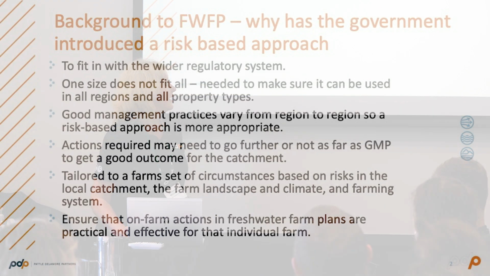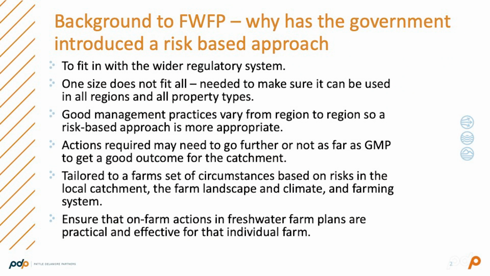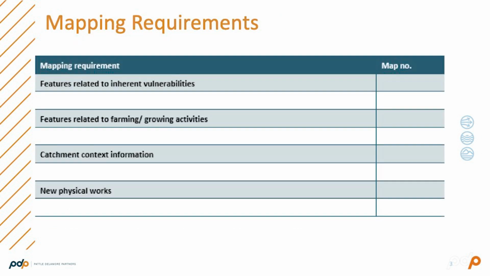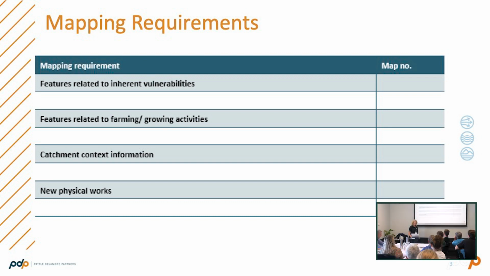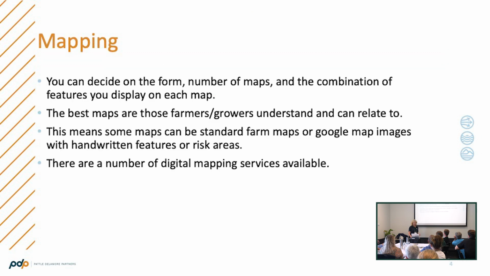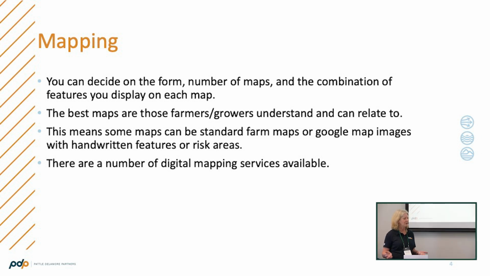What we're going to cover today is the differences between a freshwater farm plan and an FEP, and identifying risk through the mapping. The other key part of this is some of the mapping and what actually has to be provided in the mapping for that. So there is a list of maps required, and the key thing for mapping is that whoever's writing the freshwater farm plan, whether it's the farmer or someone else, you decide how many maps. You could decide what you need to put on the maps, but there is a list of content that has